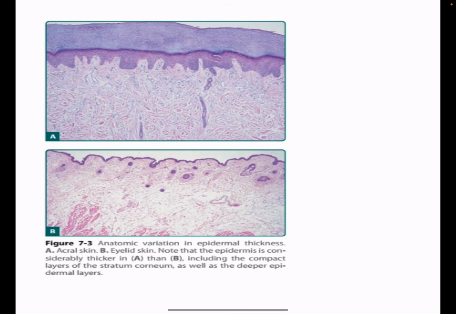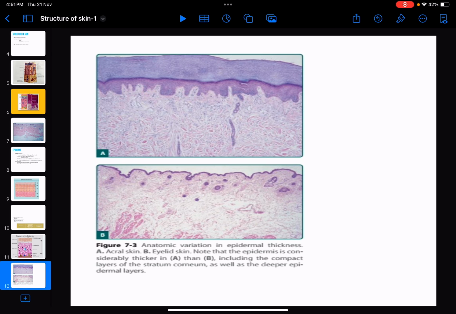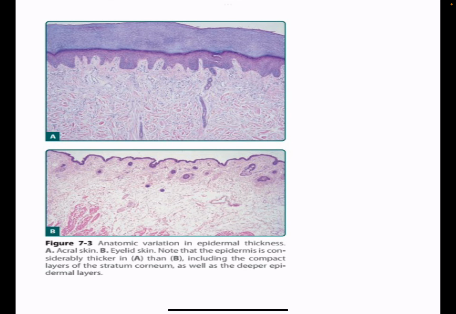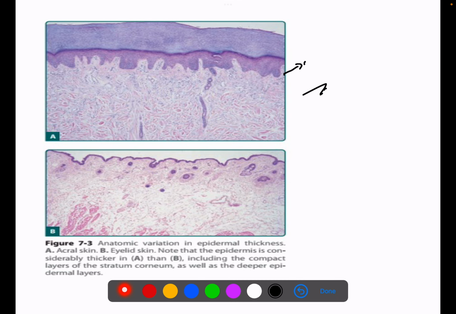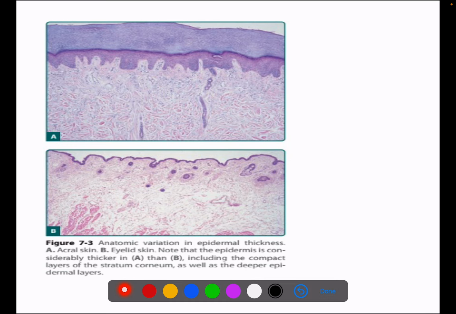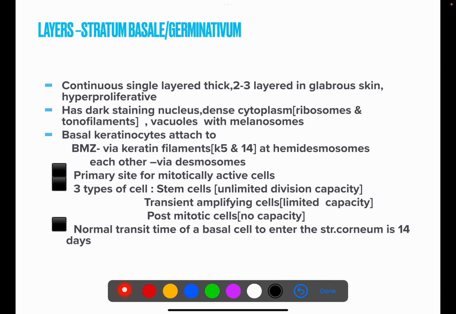Then we have here two variations. Here is normal skin. Here we have skin of the eyelid. You can see this is very thin, right? This is the epidermal thickness. Here we have a thick epidermal layer, and here a thin epidermal layer. So this is both eyelid and acral skin. Stratum basale: a continuous single layer, thick, 2 to 3 layered in glabrous skin, hyperproliferative, has dark staining nucleus,